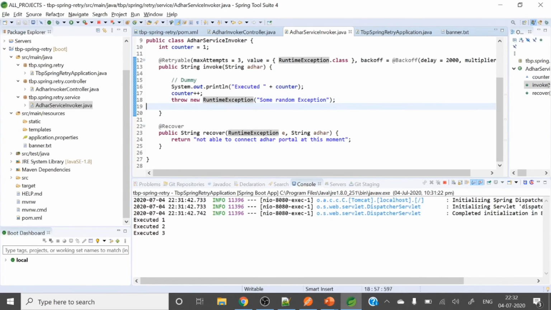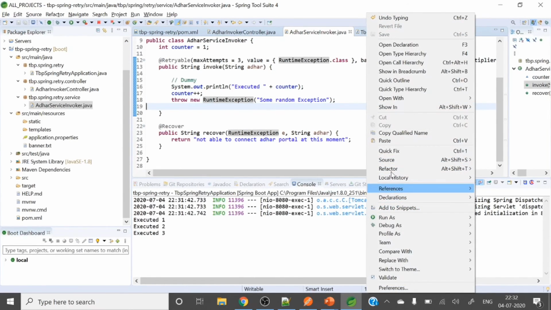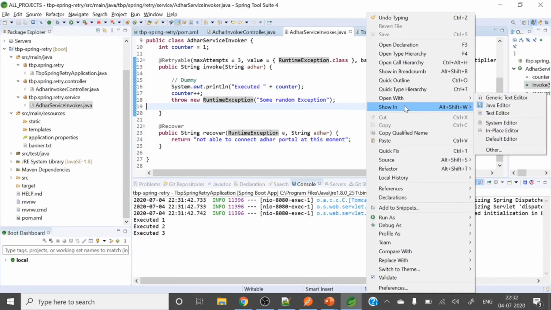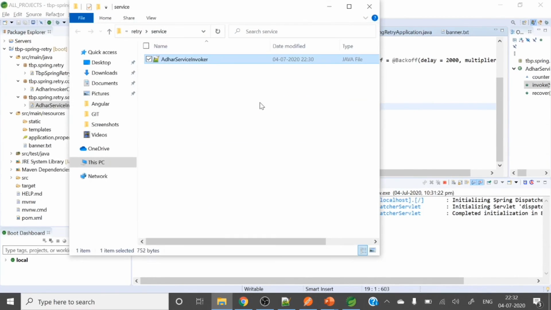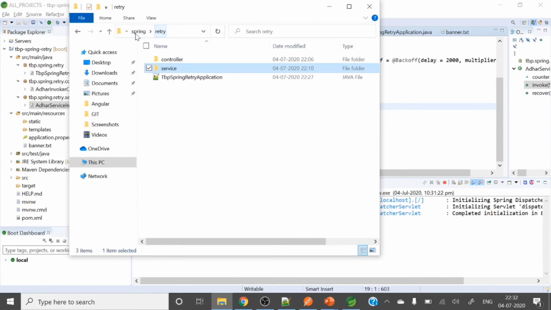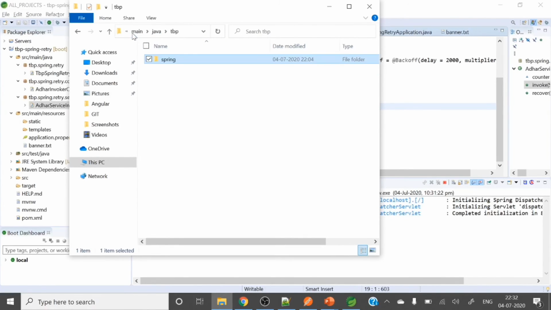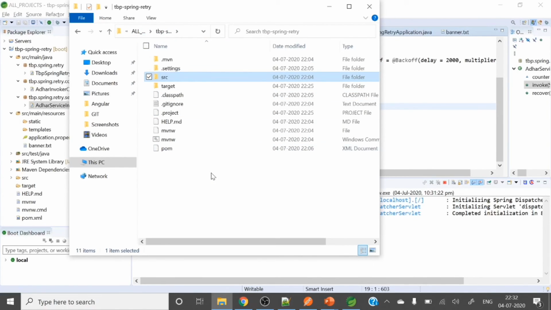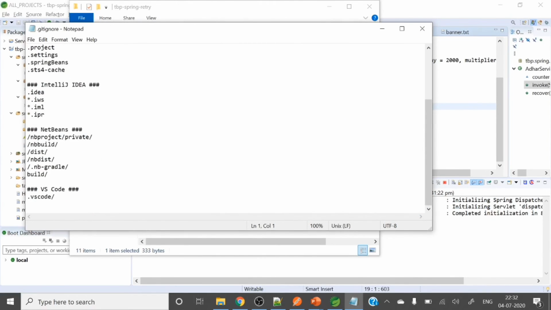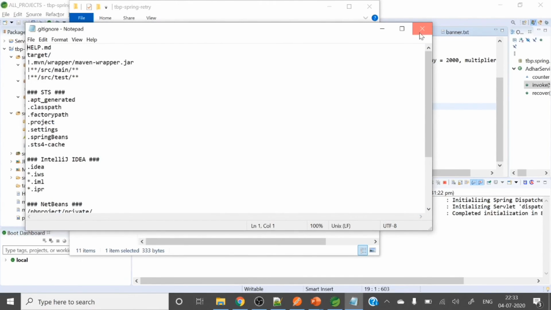Okay, before that, let me post this one to a Git repo. It will hardly take 2 minutes. So in Explorer, we'll go to the root folder, right? Okay, here is the root folder. The gitignore file is already generated by this STS tool.